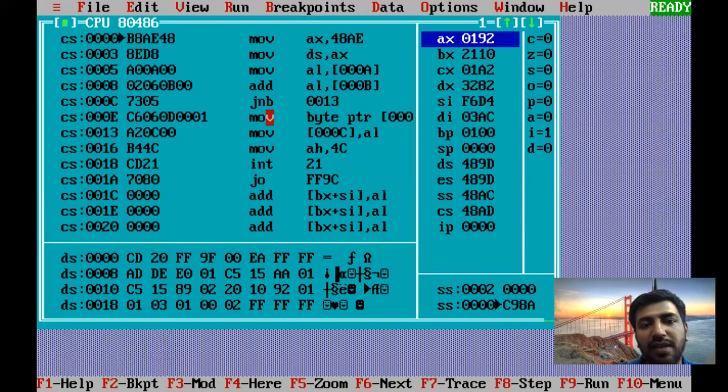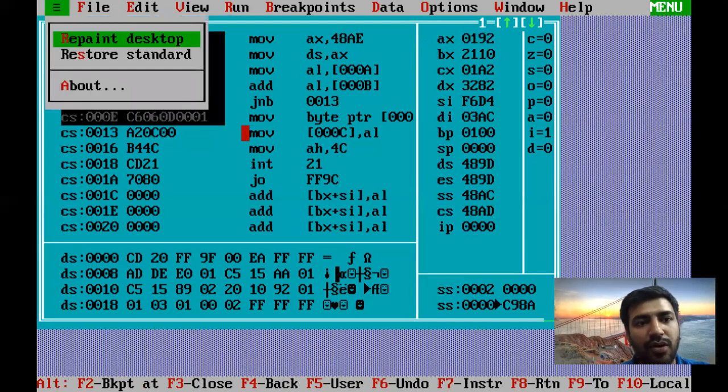So it is very important, if you write that code, move AH, 4C, interrupt 21H. I hope now you must have understood this. Your job is to look at the dump before starting the program.